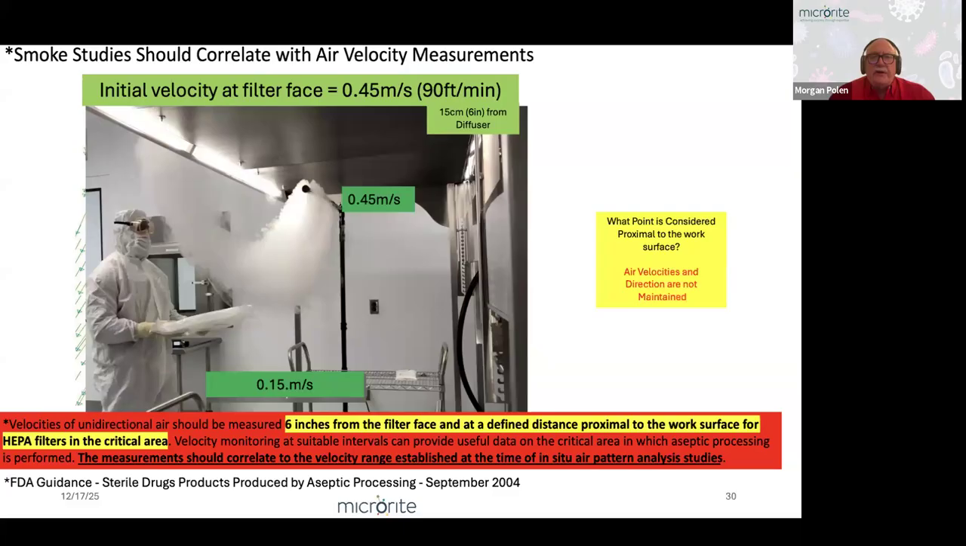And I have this picture here. This is a photograph from a smoke study. This is quite old, but the company had a RABS enclosure for manufacturing drugs, and because of the opening and closing of the doors to the enclosure,